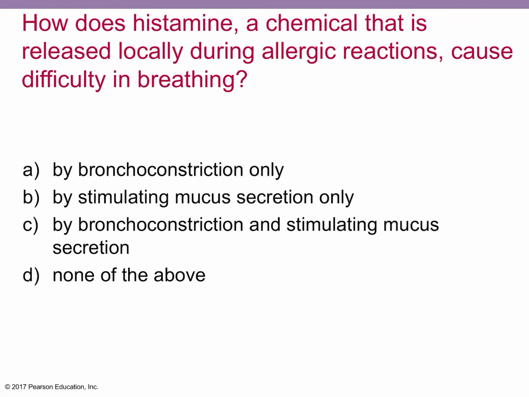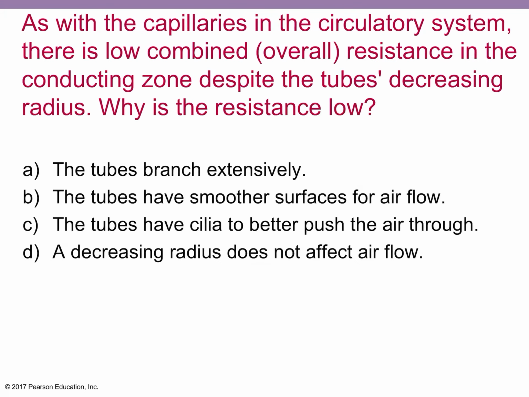How does histamine, a chemical that is released locally during allergic reactions, cause difficulty in breathing? Okay, it is letter C. As with the capillaries in the circulatory system, there is low combined resistance in the conducting zone, despite the tube's decreasing radius. Why is the resistance low? The answer is